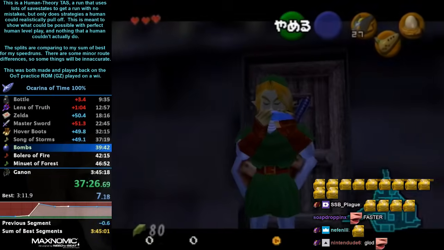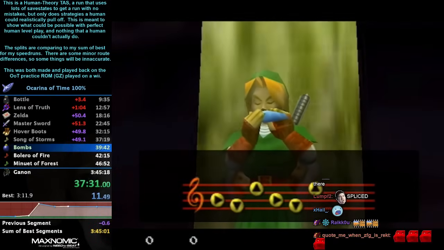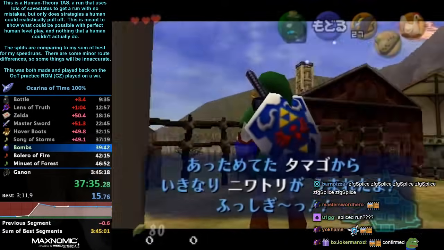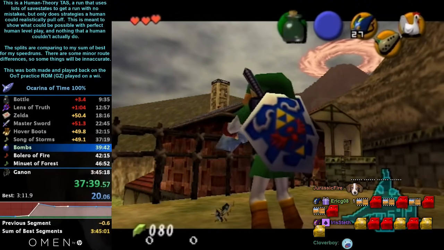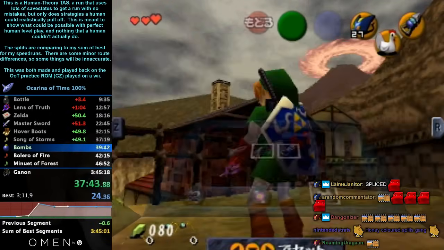Okay, so this segment right here is actually spliced in from later on. When I was first making this, I forgot that for doing the one-trip bomb the well route, you actually need to get the heart piece from the guy on the roof right now. And I forgot about it until like halfway through the run. So